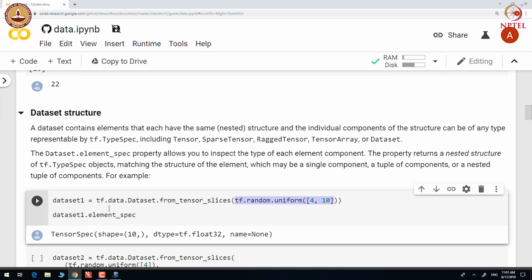We can see that each element in this data set is a vector, or 1D tensor, with shape 10, and each value stored in this tensor is a float value.